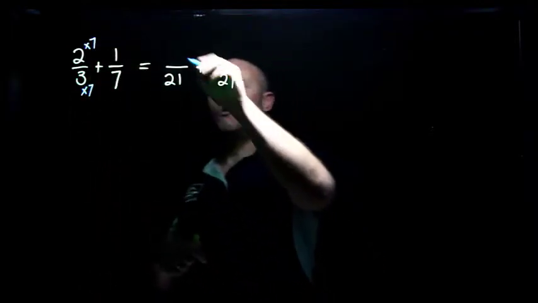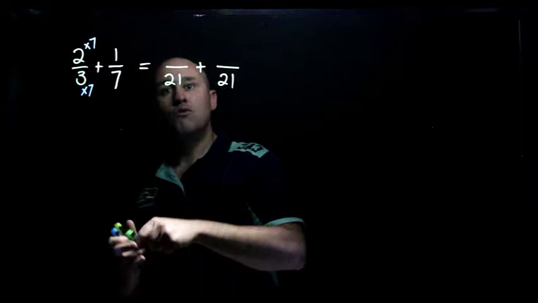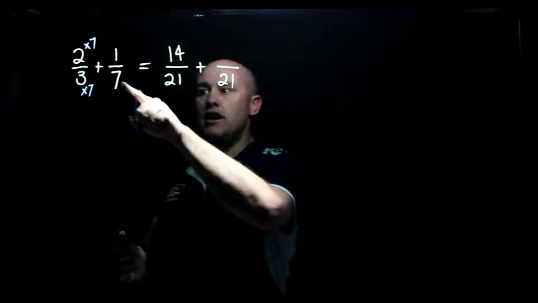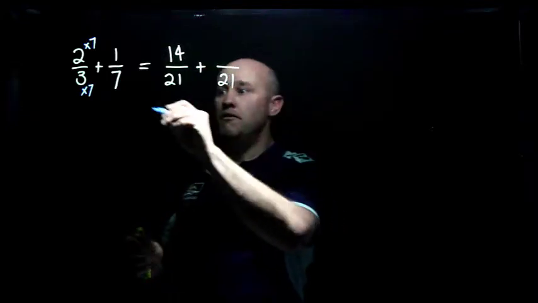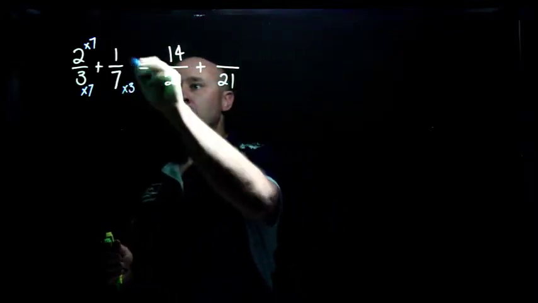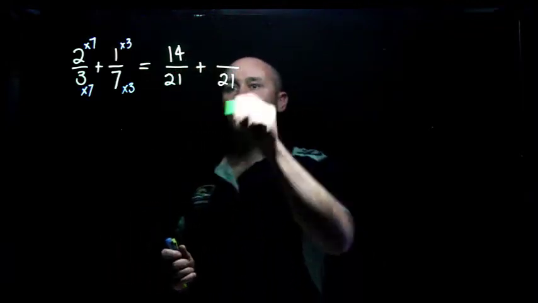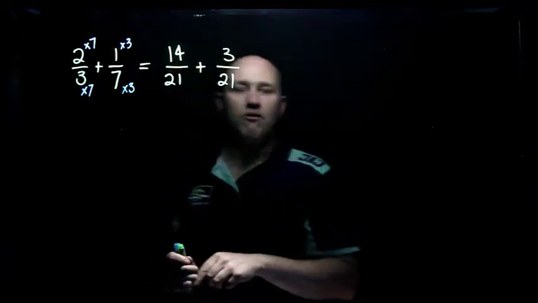And 2 times 7 is 14. So I get 14 on top here. And now I'm going to think the same thing here. How did I get the 7 to go into that 21? I multiplied it by 3, and I multiplied the top by 3 to keep it fair and even. And of course that 1 times 3 gives me 3, and now I've got 4